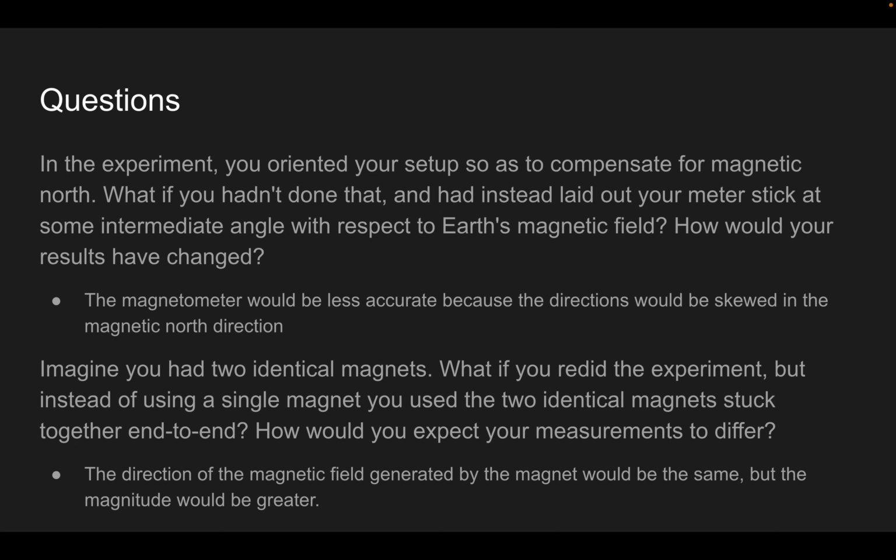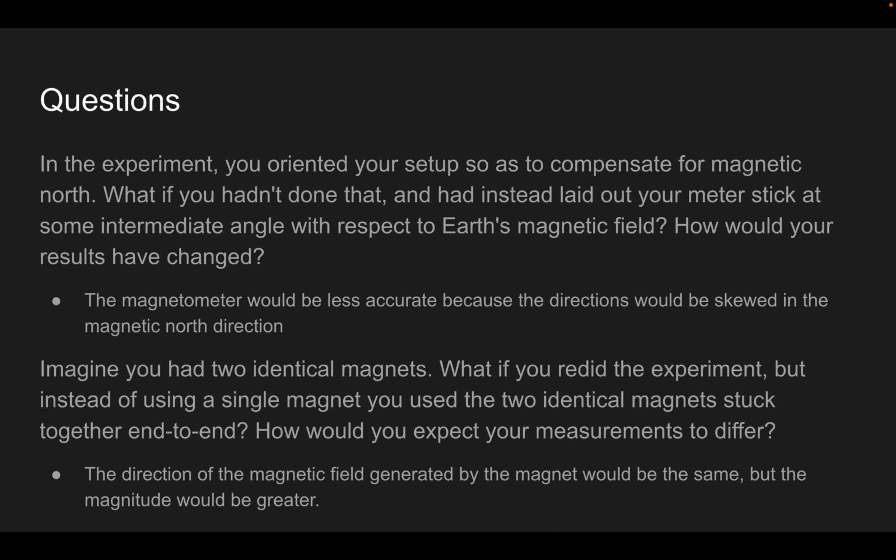So for the discussion questions, in the experiment, you oriented the setup so as to compensate for magnetic north. What if you hadn't done that and instead laid out your meter stick at some intermediate angle with respect to Earth's magnetic field? How would the results have changed? So if this was the case, the magnetometer would be less accurate because the directions would be skewed in the